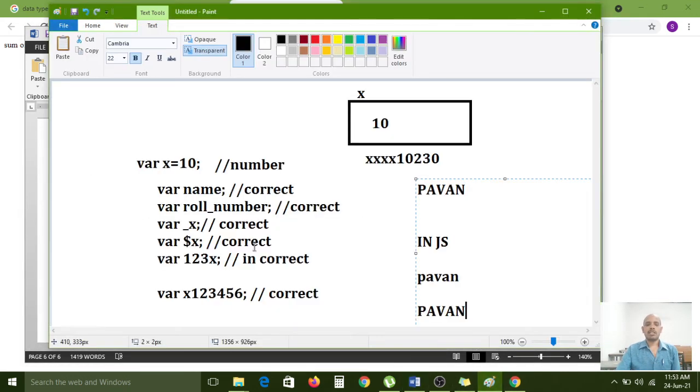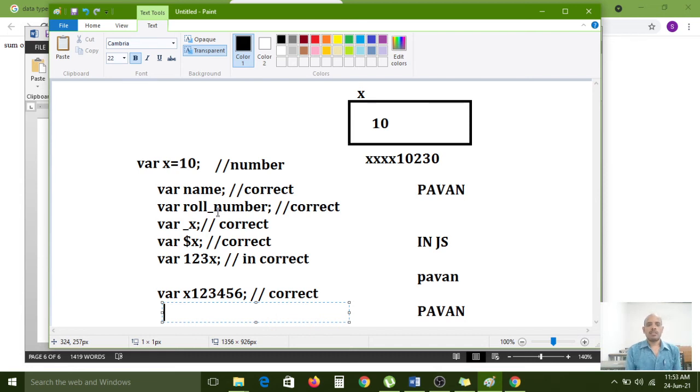The underscore symbol is also very useful when creating a variable. For example, roll underscore number. If you want to relate two words, we can use the underscore symbol. If you don't put an underscore between these two words and give a space instead, the space character is not allowed by the JavaScript engine.